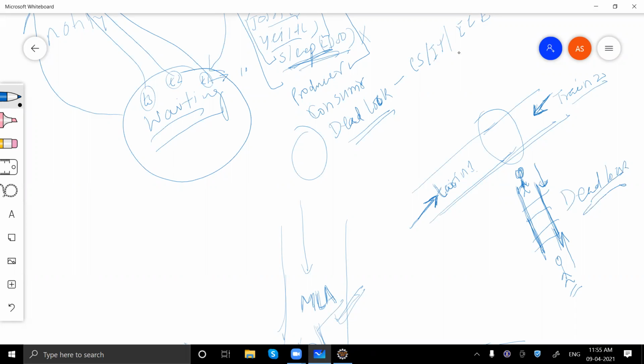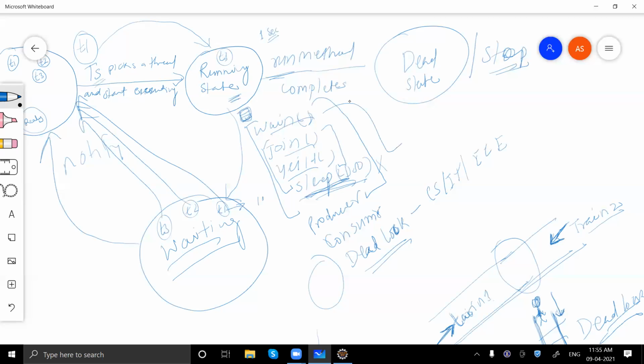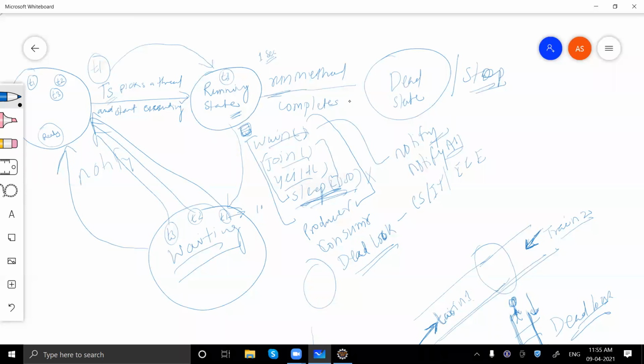Yeah, and we have the notify method also. Yes, notify we have. So we'll discuss notify and notifyAll. We'll discuss those methods as well. So wait will basically be used with notify in general and notifyAll. So we'll see these methods. But I think tomorrow we'll not be able to cover